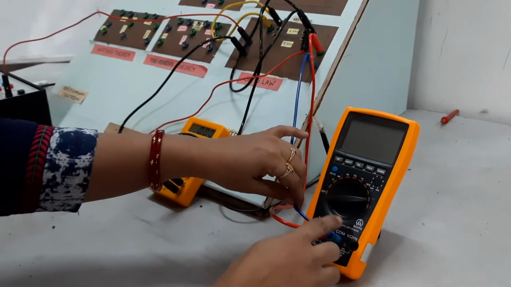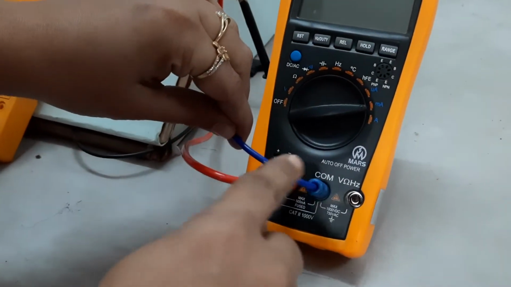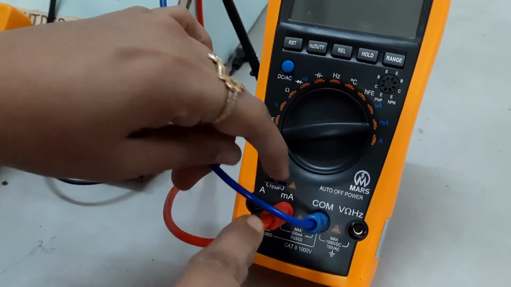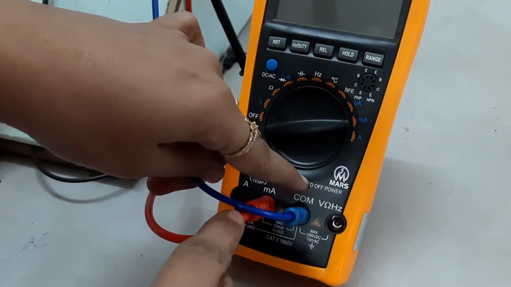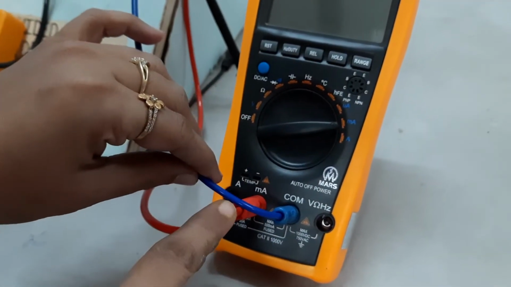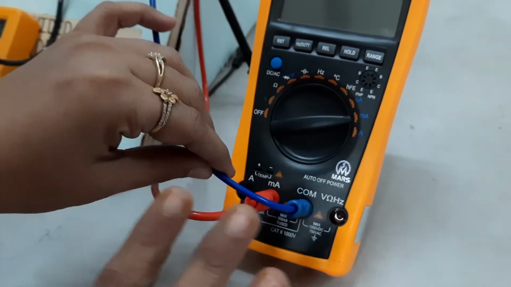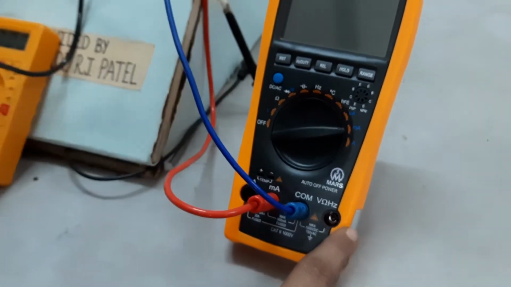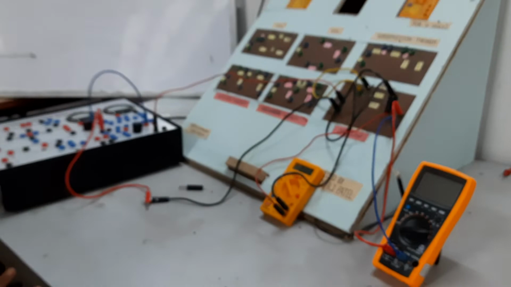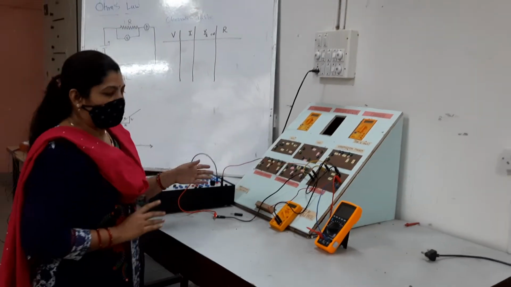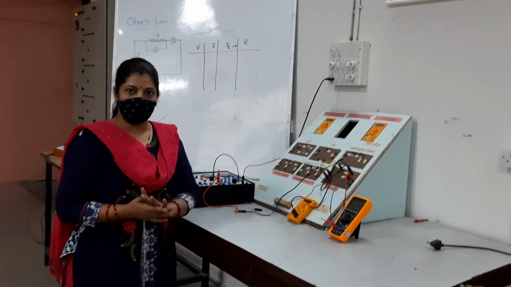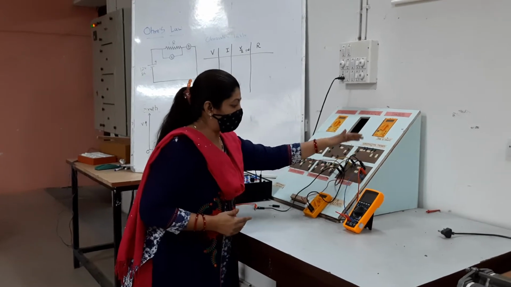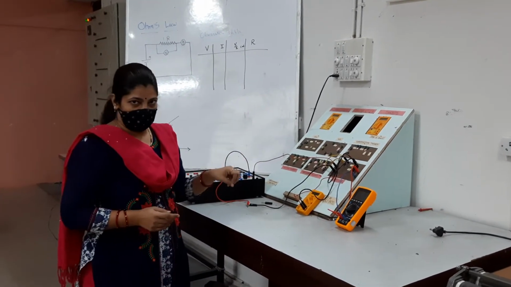Another part required to check is the port which we have used. If we are interested in using the multimeter as an ammeter, select milliampere and common. If we want to use this meter for voltage measurement, common remains as it is, but the red port will be moved to this one. So I hope it is clear as far as the arrangement is concerned. Another part: whenever we use an experimental kit, make one thing very clear. We have availability of source, we have availability of element, but how to make the internal connection?